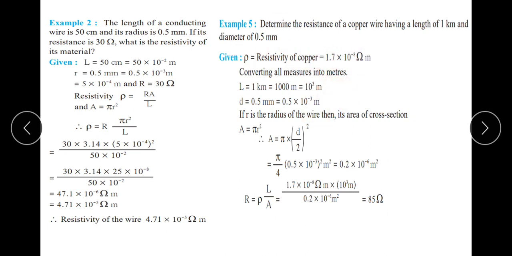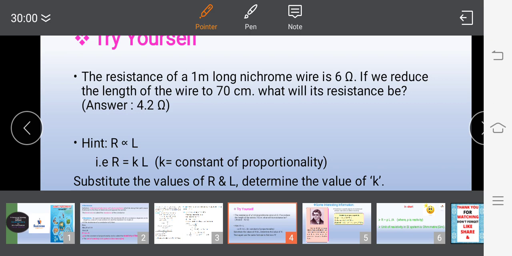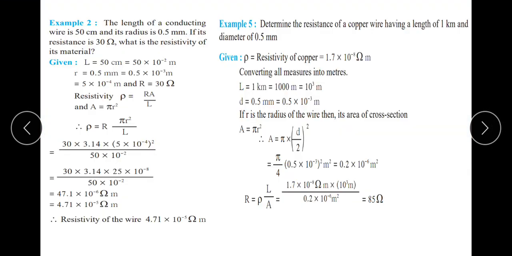Resistivity of copper. Okay, they have asked to determine the resistance of a copper wire. So at that time, the resistivity of a copper wire, you need to remember it, or else sometimes it is given in the question, which is 1.7 into 10 raised to minus 8 ohm meter. So the formula for resistance is R is equal to rho L by A. This we know, R is equal to rho L by A. So you have the values for rho, L and A. Simply substitute the values.